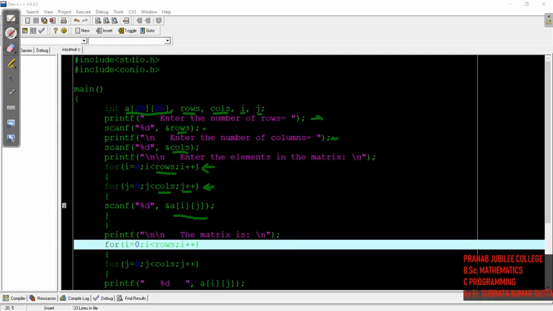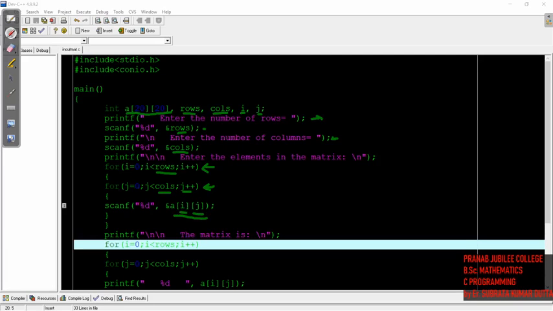As we have discussed, in the matrix index the first value represents the row, and the second represents the column. So i is representing the value of row, that's why I have written i here.